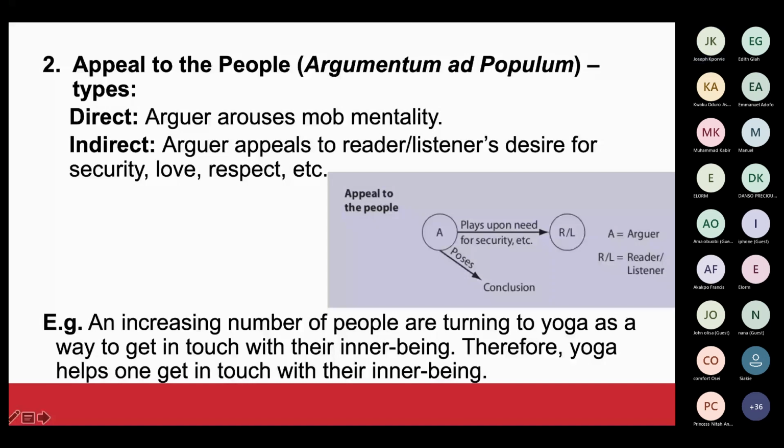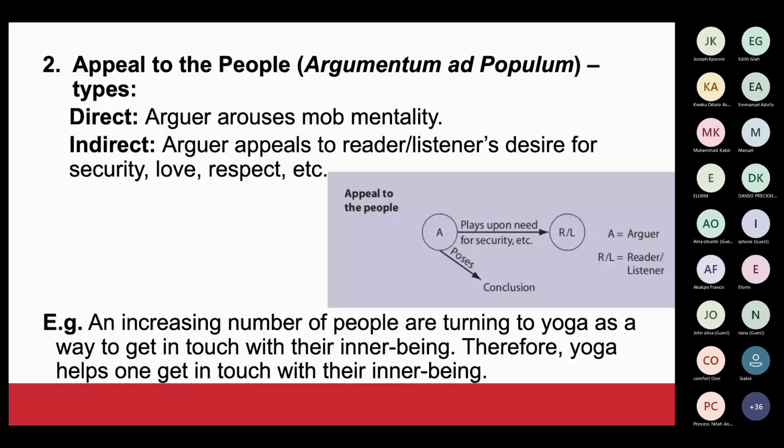Thank you. Okay. So now we have come to appeal to the people. Now, all of these fallacies that I am referring to, if you look at them, the premises that have been constructed for the conclusion are not relevant, mostly because they are dependent on the use of emotion. So you've seen that all the three arguments we are looking at so far involve emotion.